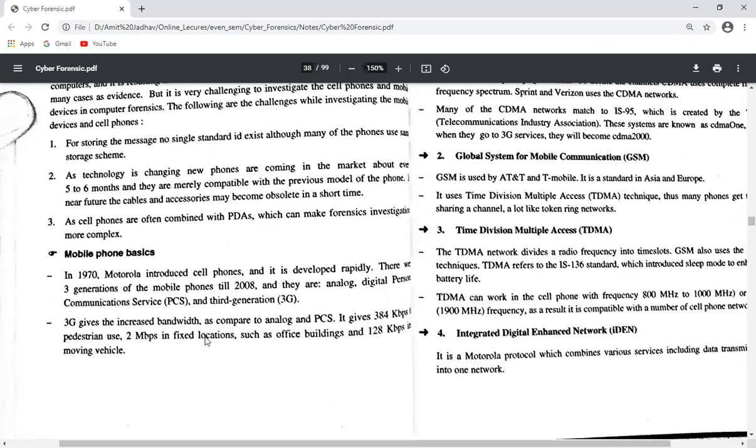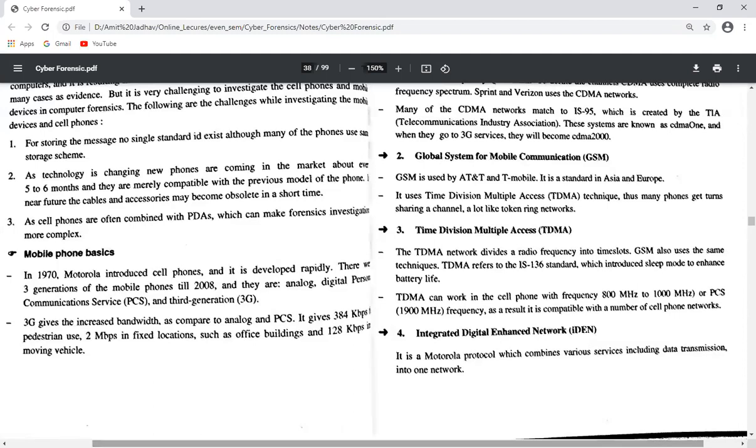But if it is a fixed location, such as an office building, we can get data speed up to 2 megabytes per second, and 128 kbps in a moving vehicle, because every time our location changes, it is difficult to access the data.